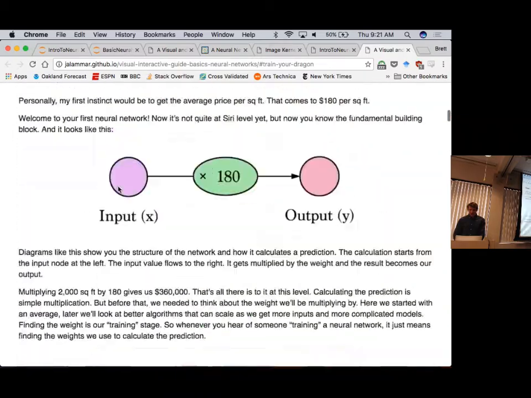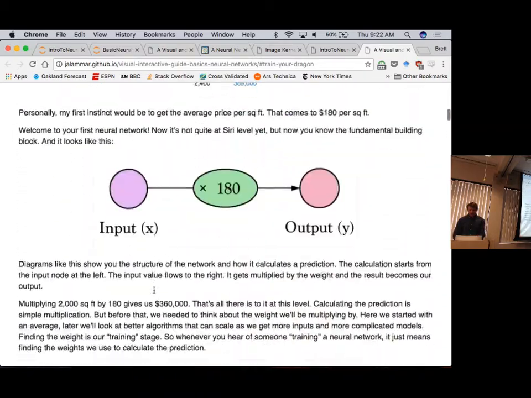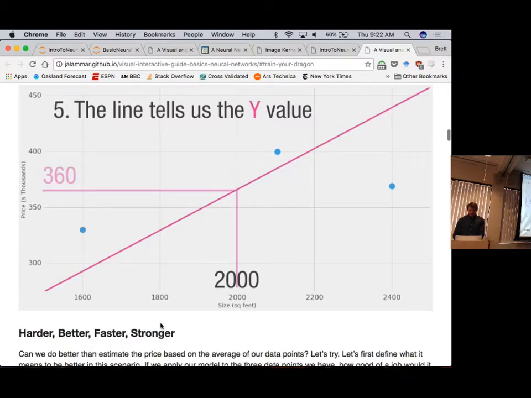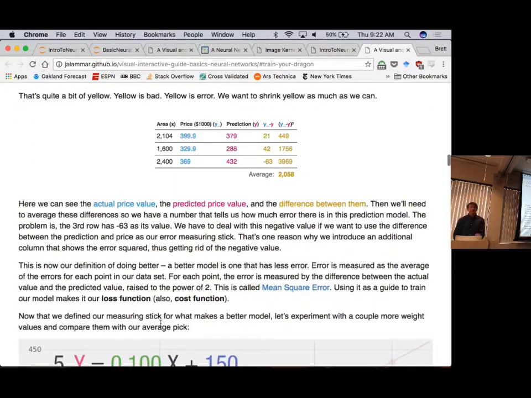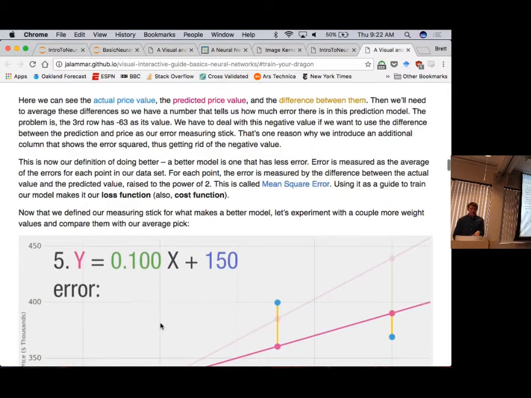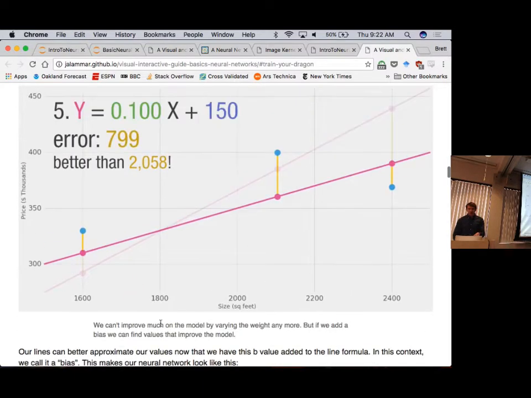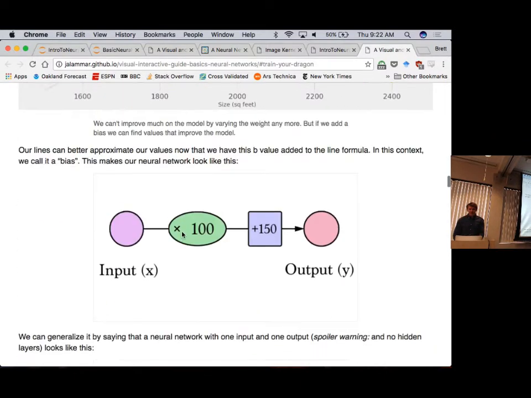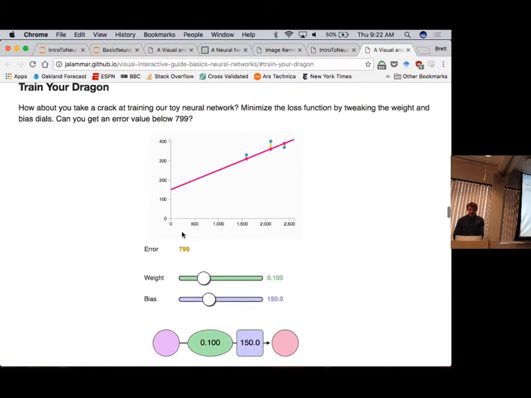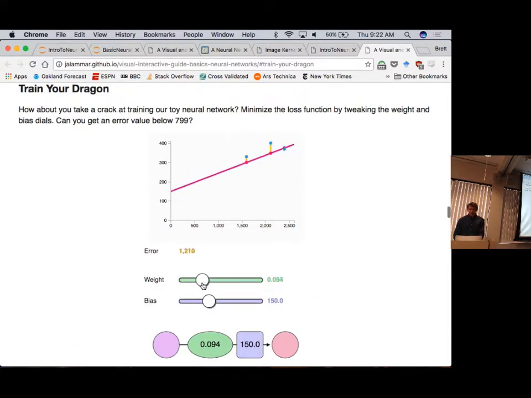So I'm going to scroll back up and go through a little bit more of this. This is where I got some of these visualizations from. It's pretty cool. This is very, very basic, so I didn't want to go through this whole thing. But this is really just giving you some intuition for how we play around with these weights and biases. And our goal, when we get to training neural networks in just a few minutes, is going to be to come up with some automated way to find weights that match our dragon.